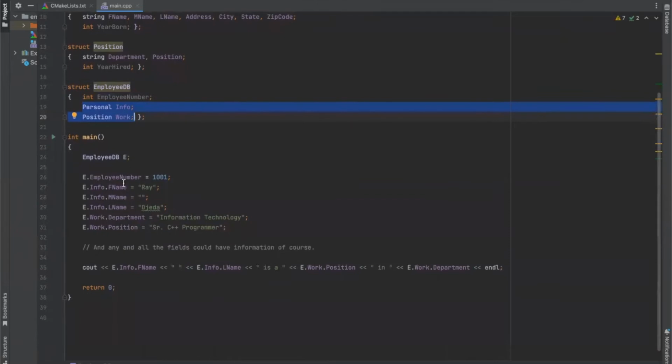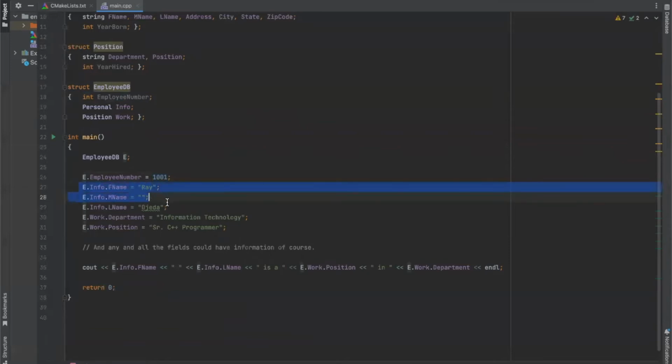Well, it's very easy. I pre-formatted the one because I'm just printing one record. E is the name of the first structure. Employee number, that was the variable, right? Employee number, here we go. And then I give it a number, 1001. It's an int. That's this int right here. That's my first record. But then I go into the structure part,